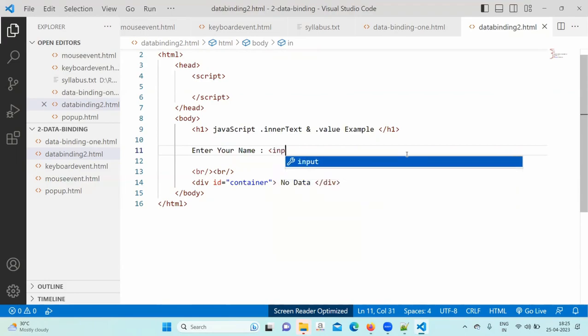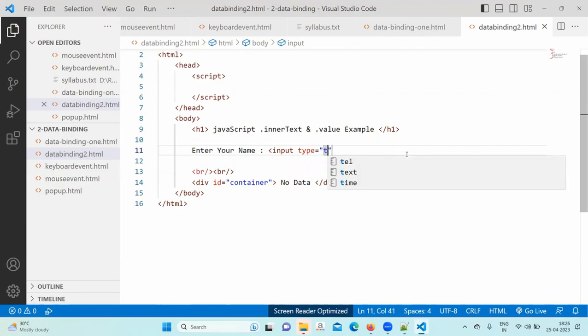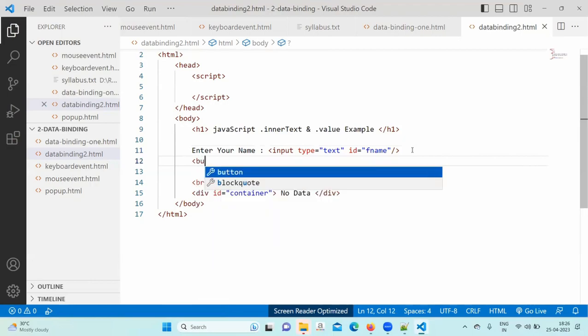Input type equal to text, ID equal to something. Which one? fname. Next, after that, write a button